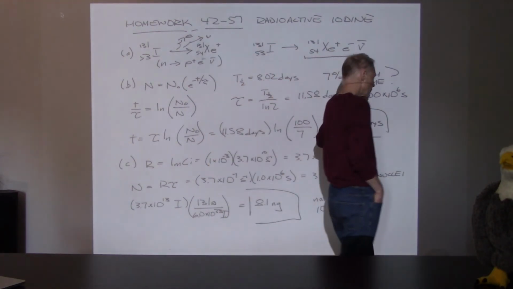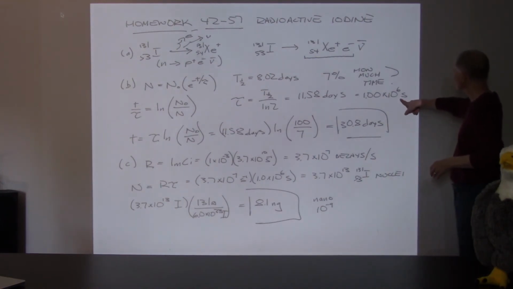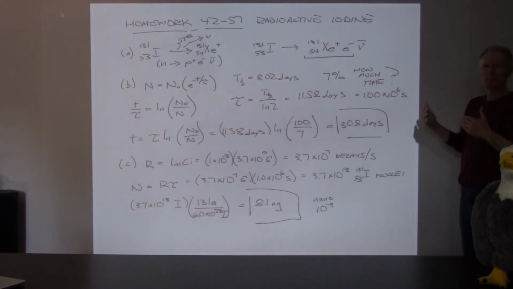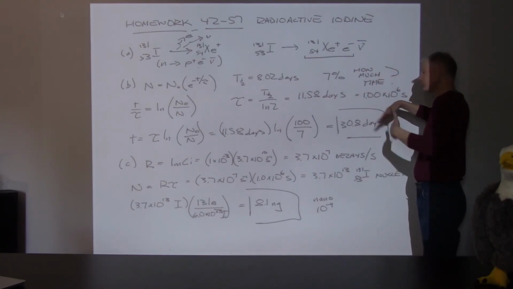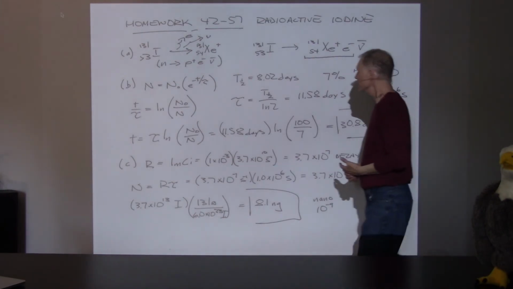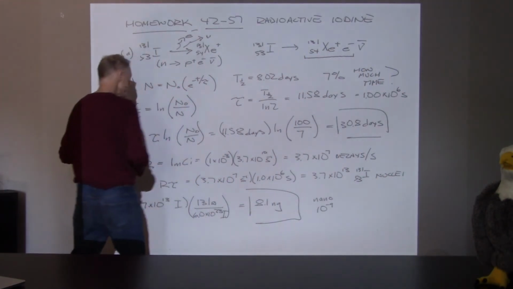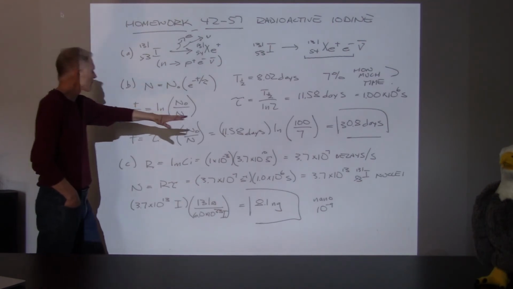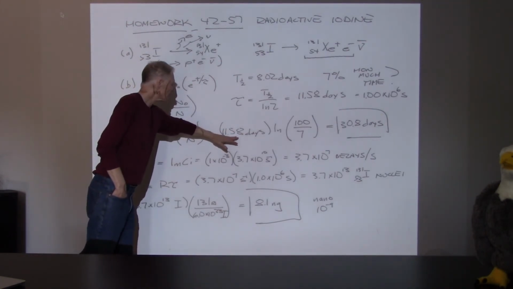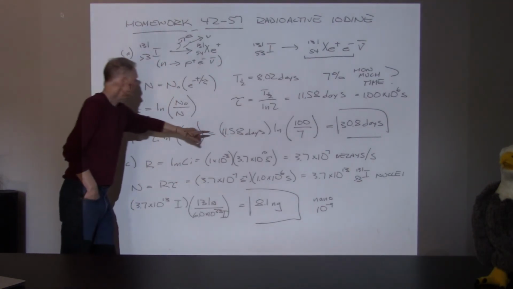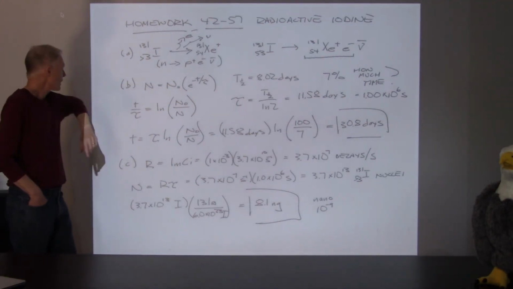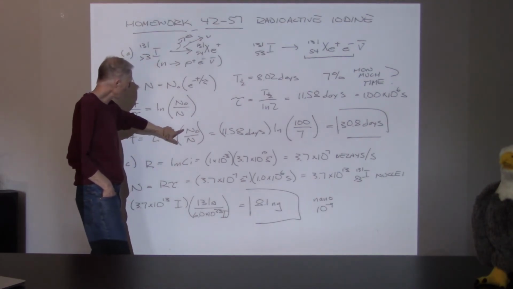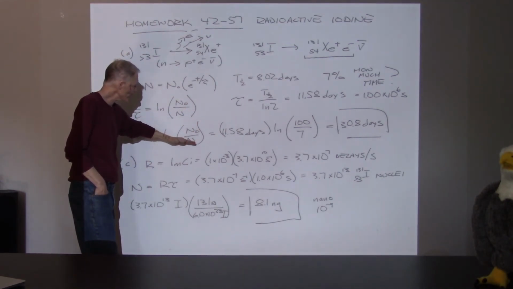Or I went ahead and converted this into seconds. It turns out it's almost exactly 1,000,000 seconds, just coincidentally. Iodine 131 has a lifetime of 1,000,000 seconds. Now, the units I probably want to work in, at least for this part of the problem, are days, so I used the 11.58 days, and then I put the logarithm of 100 over 7,